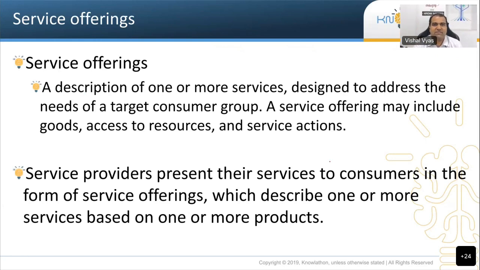So it's like using the same washing machine as a product, for faster delivery. Something like that. You buy your telecom plans, 1,000 rupees, you get unlimited calling and 20 GB data and so on and so forth. In 500 rupees, you get something else. In 200 rupees, you get something else. But you all are using the same infrastructure, the same OFC cable. Right. Okay. So these are service offerings. A service provider will create different service offerings.